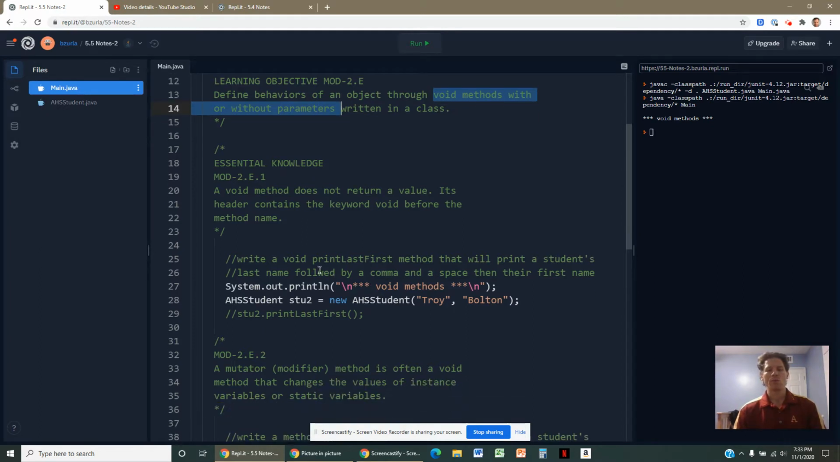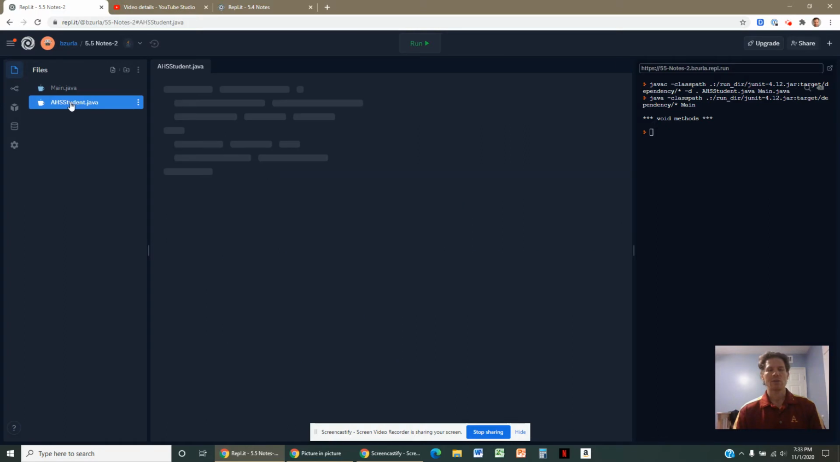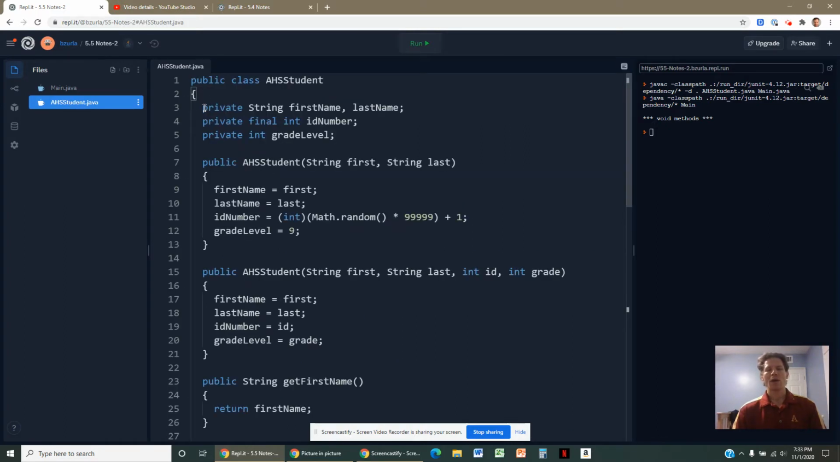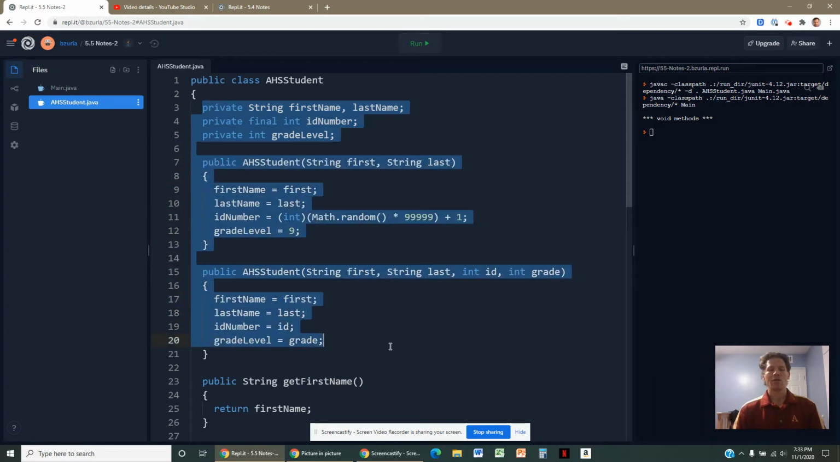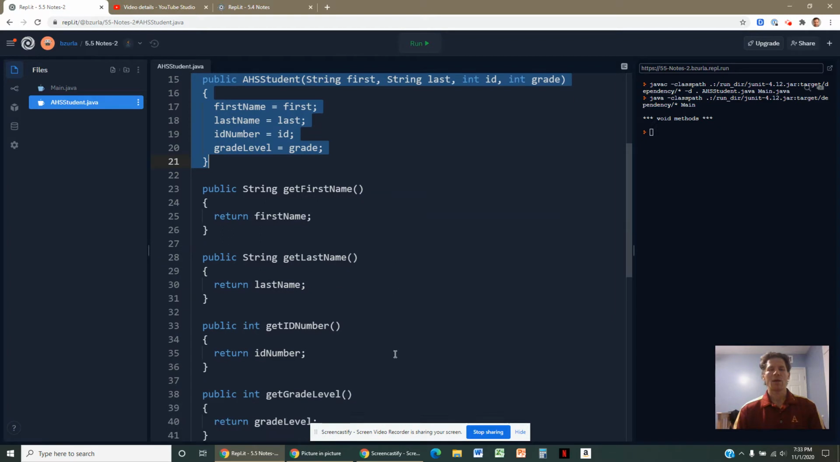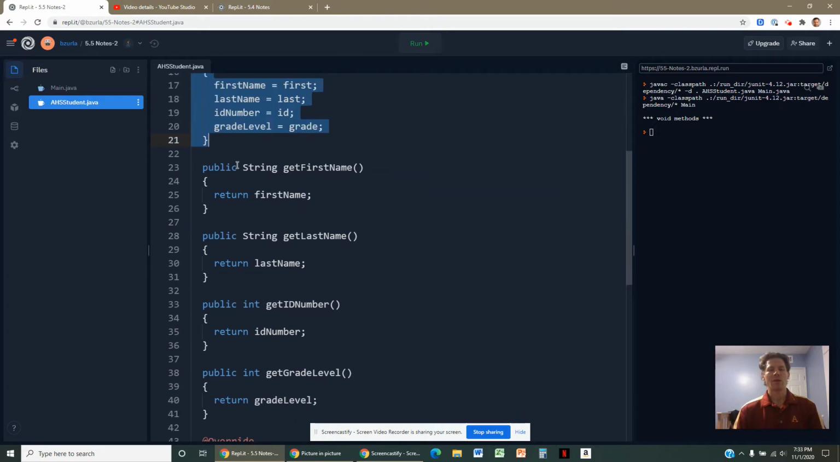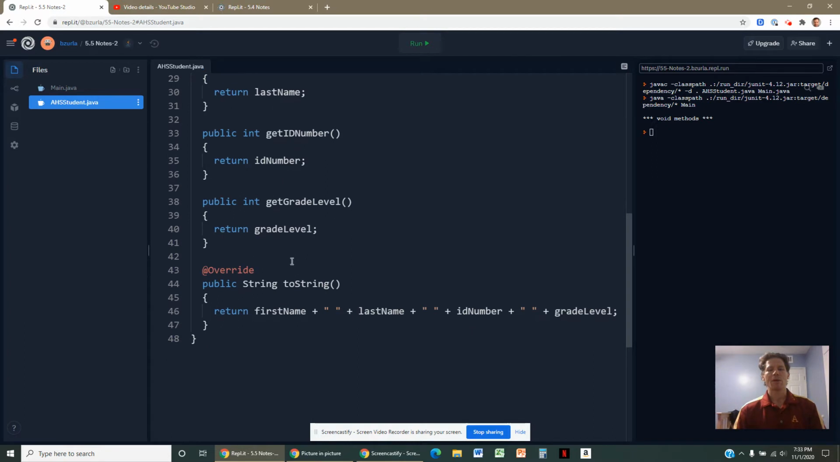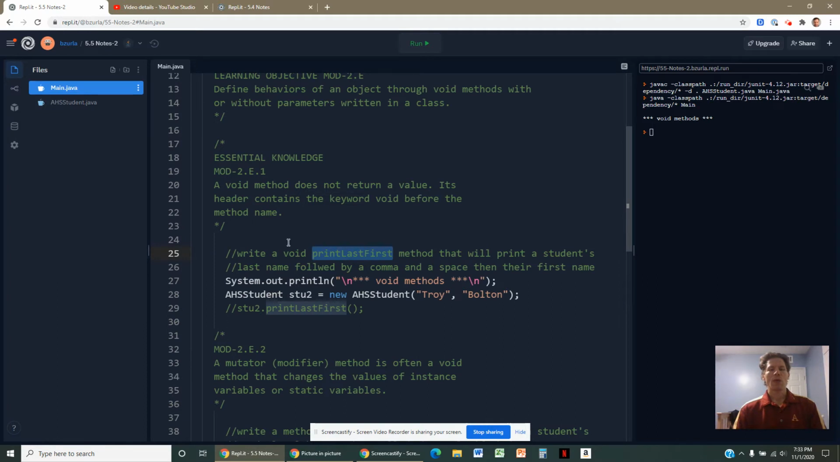So, we'll start with just more of a basic void method here. Doesn't return anything, but it could print. So we'll write a basic print method, and I'll call it print last first. And so we're working with the same student class we saw yesterday. Got the same instance fields, including a first and last name, ID number, and grade level. Same 2 constructors we saw yesterday. And I've put in all 4 of our basic accessor methods here, as well as the toString that we learned about yesterday as well. So we're going to add a method that is going to be called print last first,